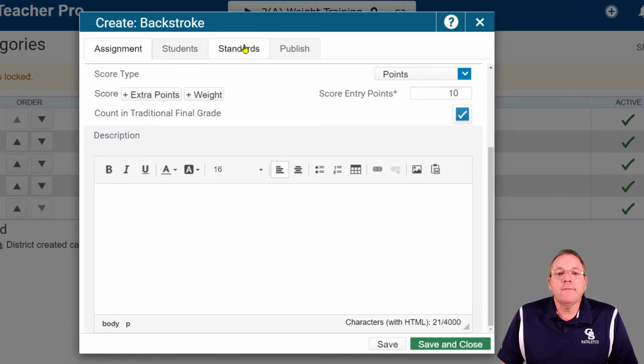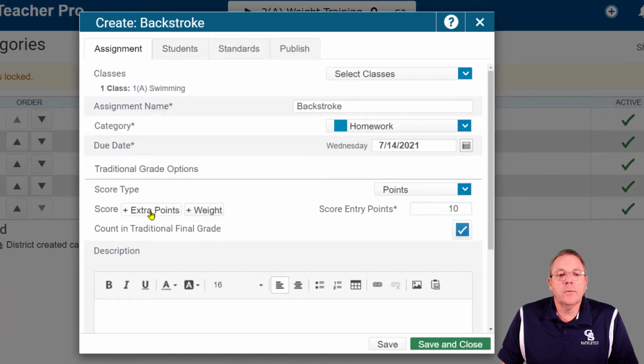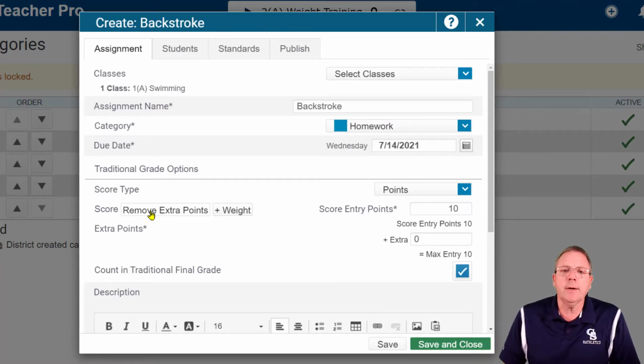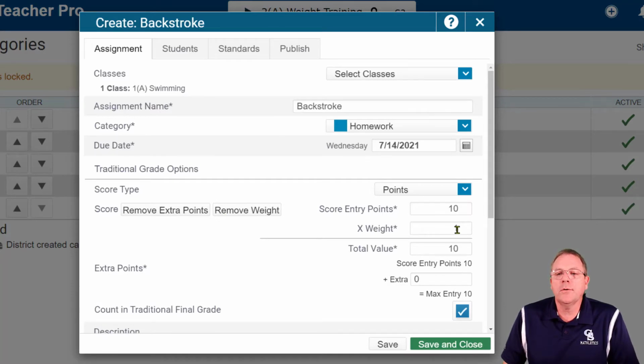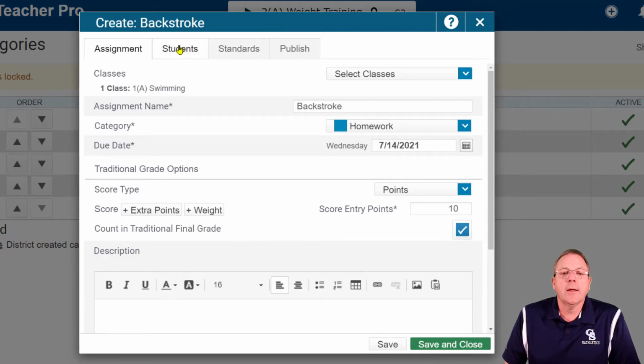Now, you notice you've got 4 more tabs up here. The next tab, let's go back to the plus score and plus weight, or extra points and extra weight. So extra points would be, do you want to automatically give the kids, say, an extra 10 points? Everybody did great, they worked hard, so you're going to be a nice happy teacher and say everybody gets 10 points, everybody gets a car, yay! And then plus weight would mean, do you want to add weight to this assignment so that it weighs more than other assignments do? But we're going to remove both of those, and we're going to go up here to